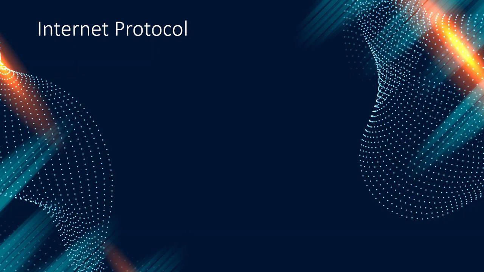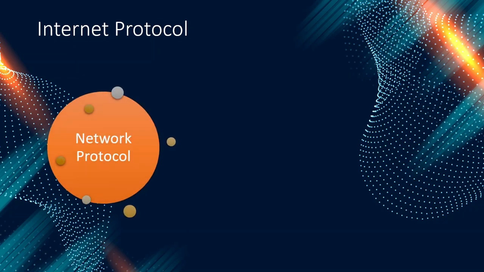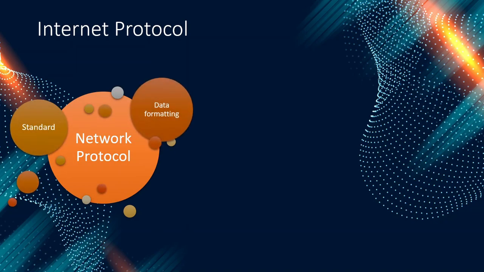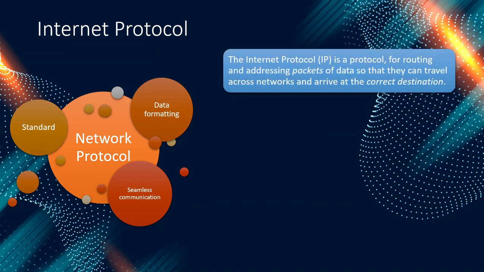Okay, first starting with Internet Protocol. Just the word protocol means a set of rules. In networking, a protocol is a standardized way of doing certain actions and formatting data so that two or more devices are able to communicate with each other seamlessly. The Internet Protocol is a set of rules for sending simple packets of data over a network that arrive at their correct destination. It is important to send data to the correct destination and not just anywhere in the network. So IP does that for us.